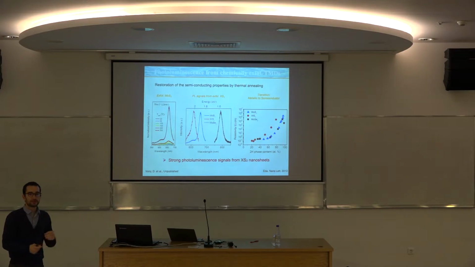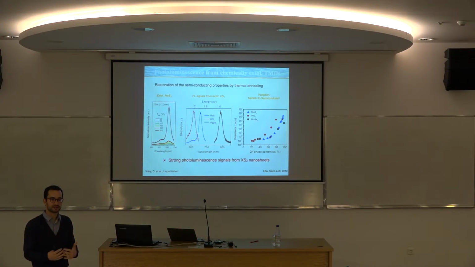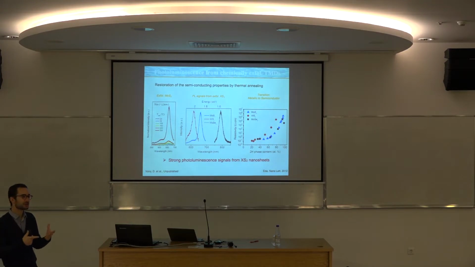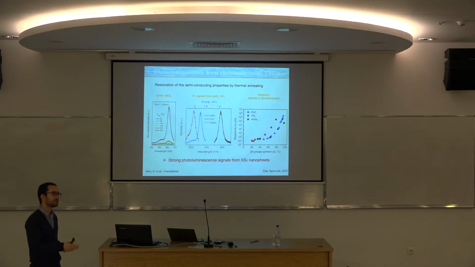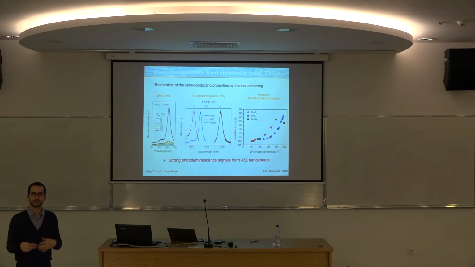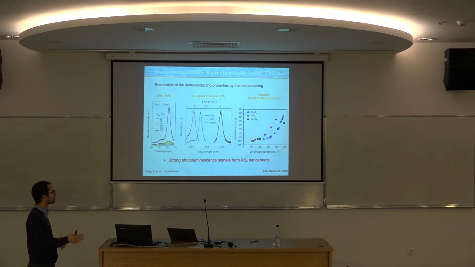Most importantly, we can exfoliate this material using these methods and have single layer in solution. We can make films, single layer films of MoS2, WS2, MoSe2. And if we restore the 2H phase, then we have materials that are semiconducting. And what we know is when these TMDs are single layer and semiconducting, they are direct bandgap semiconductors, and they're supposed to emit some